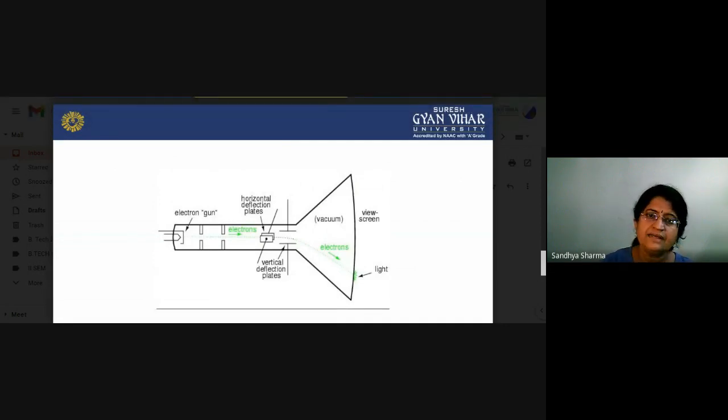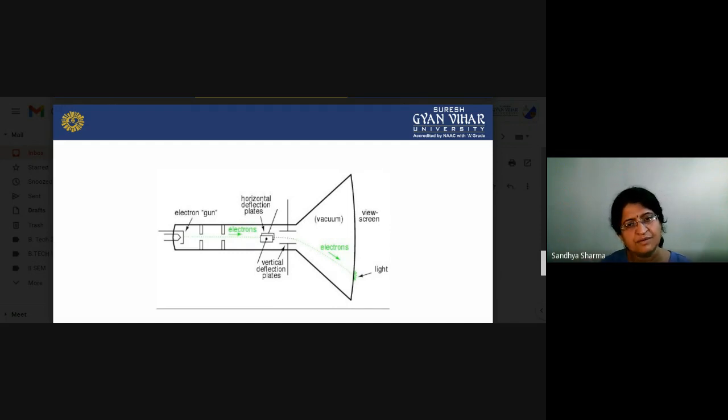This is the electron gun, which we can also call the cathode. These two strips are the anodes, and we have to give sufficient positive supply to these anodes so that they can attract the electrons generated in the electron gun. The electrons move towards the plates with accelerating energy, crossing through the horizontal deflection plates and vertical deflection plates.